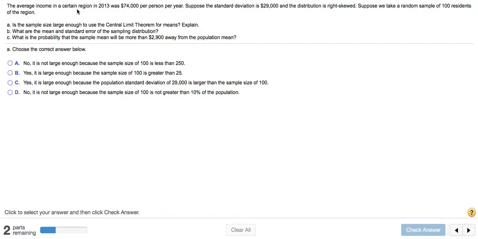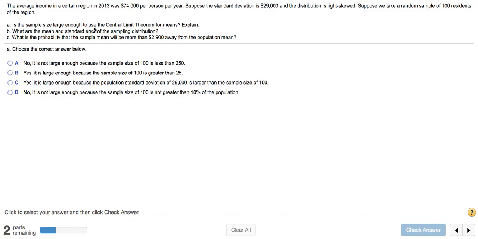The average income in a certain region in 2013 was $74,000 per person per year. Suppose the standard deviation is 29,000 and the distribution is right skewed, so technically not a normal distribution. Suppose we take a random sample of 100 residents of the region, and part A says, is the sample size